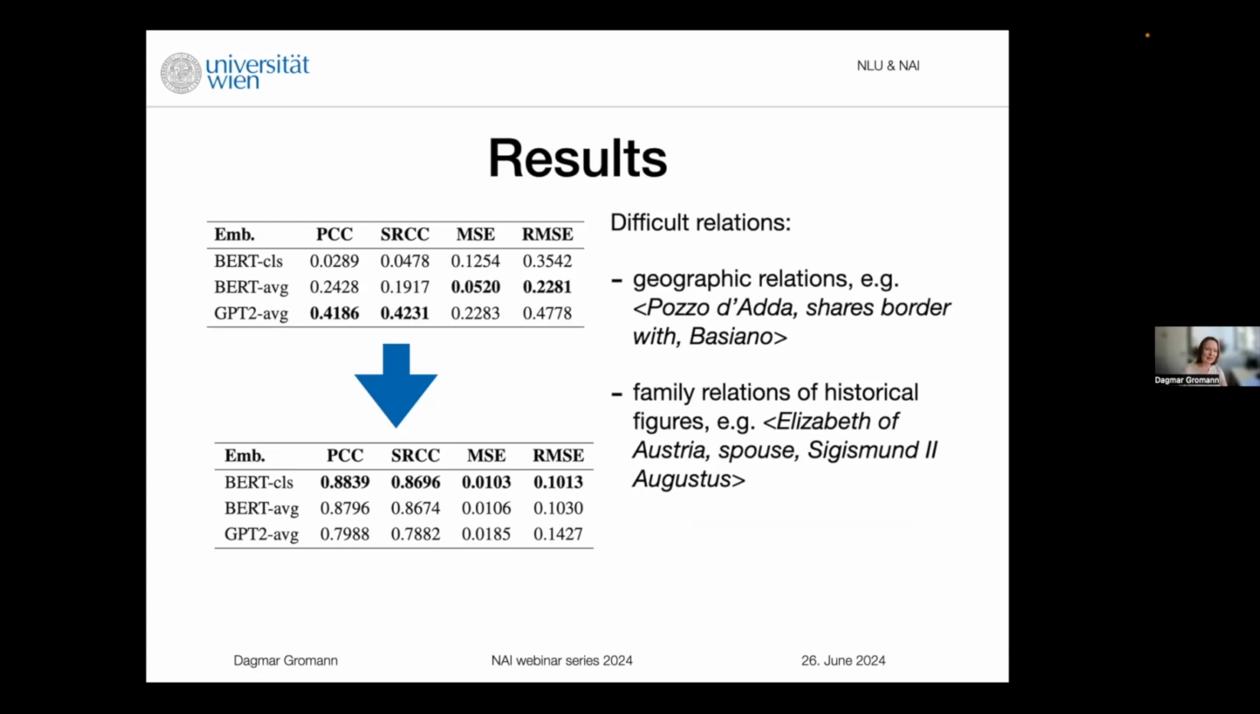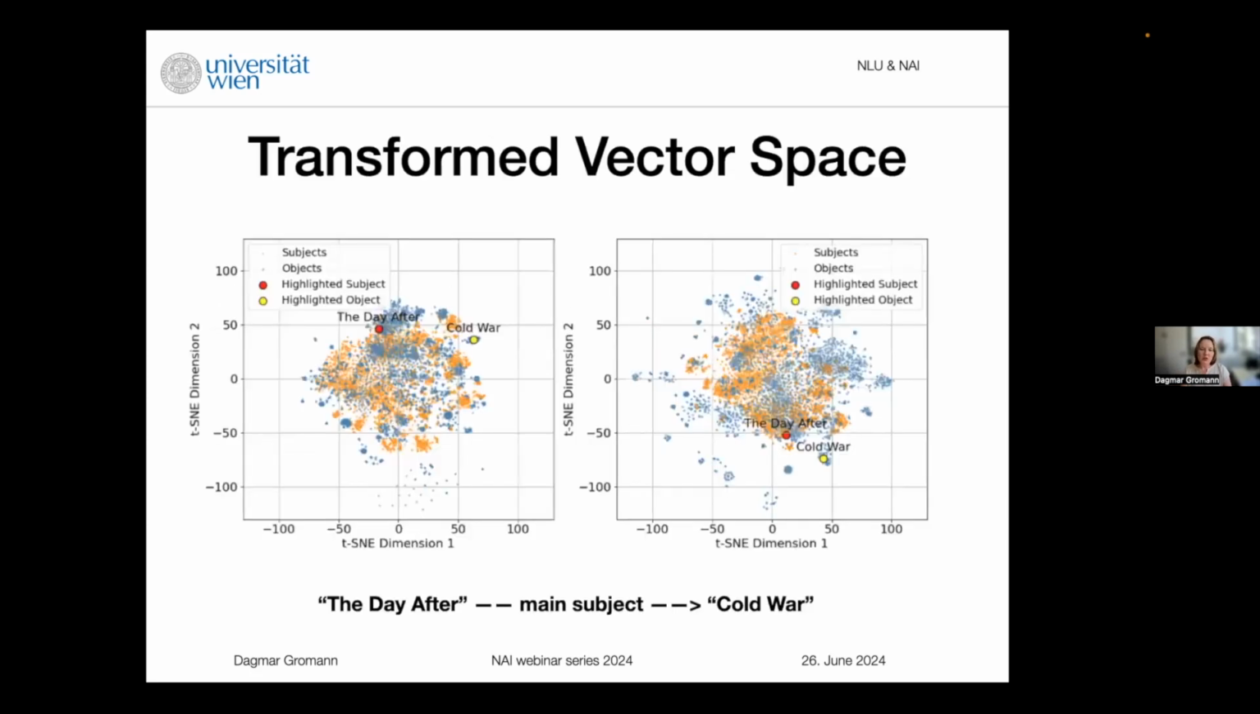Nevertheless, I think these results already seem very promising, that something like a simple linear transformation using the existing knowledge in a knowledge graph can really lead to further improvements for the representation of factual knowledge in large language models. To also show a visual representation of the results, we used the t-distributed stochastic neighbor embedding visualization